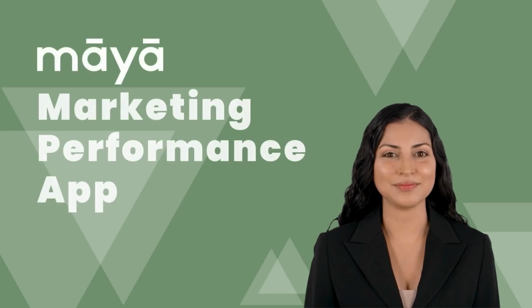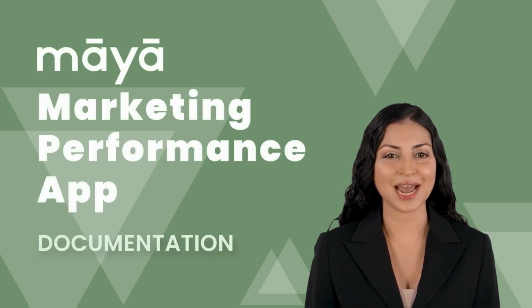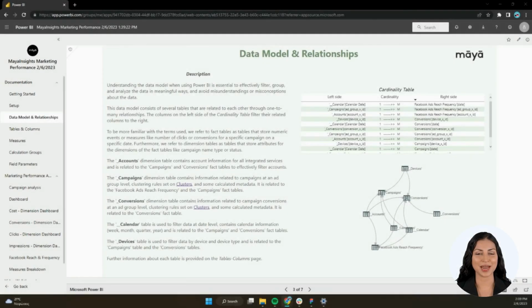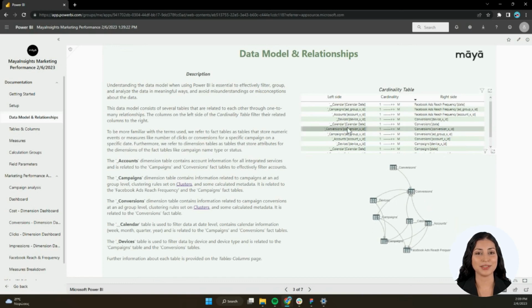Hello again. In this video, we'll take a closer look at the app's documentation section. We will start with the Data Model and Relationships tab. This tab contains information about all the fact tables and dimension tables, their contents, and the relationships between them. On the right side, you can see a visual representation of these relationships to better understand the specifics of the